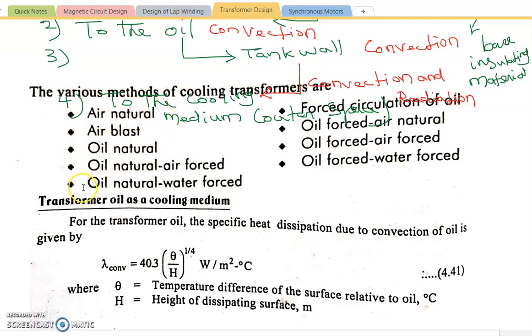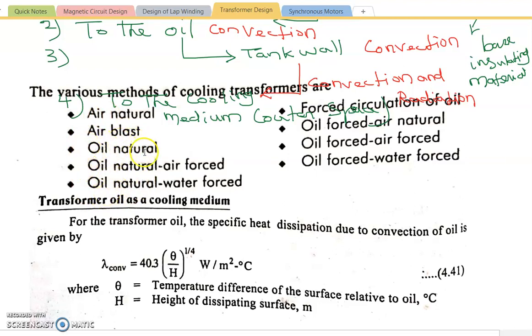The second pattern is oil cooling. The transformer can simply be kept in oil, and natural circulation of the oil happens because at different parts of the transformer the heat level is different. At the bottom the oil is at a lesser temperature, but at the top of the transformer tank the oil is at a different temperature. The difference in temperature of the transformer oil makes a natural circulation of oil through the entire transformer. So that is oil natural cooling.